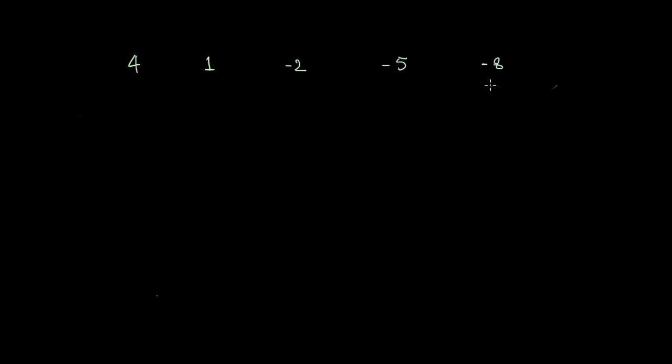You clearly see it's decreasing as the index increases. As the index here is 1, 2, 3, 4, and 5, as you go to a greater index, your numbers keep on decreasing. What's happening is that your difference here is not 3, it's 1 minus 4,